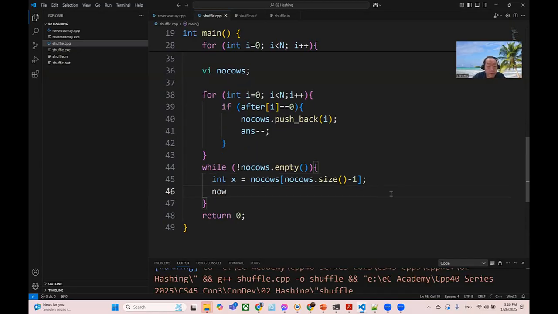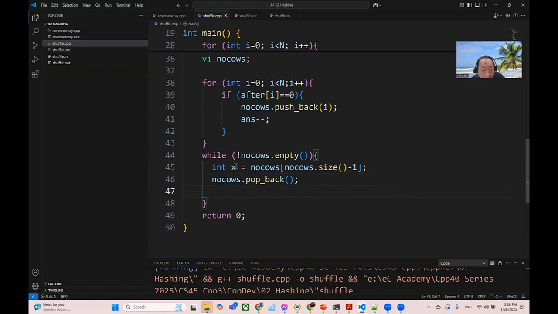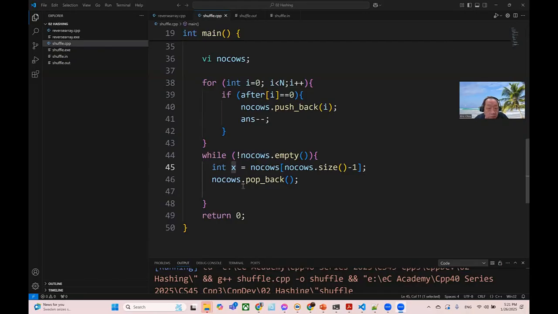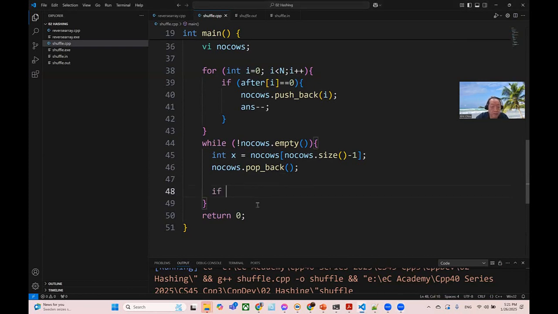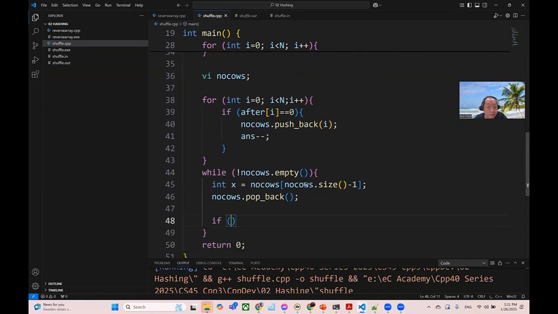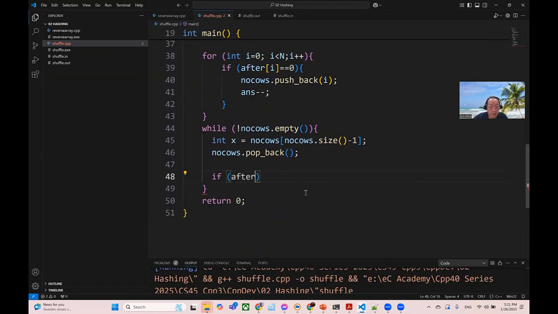So we do no_cow, we remove the last element. But we already got it, and we will remove that one. And then we will see who would be depending on this state. So how can I know who is depending on this state? So if the after of this state